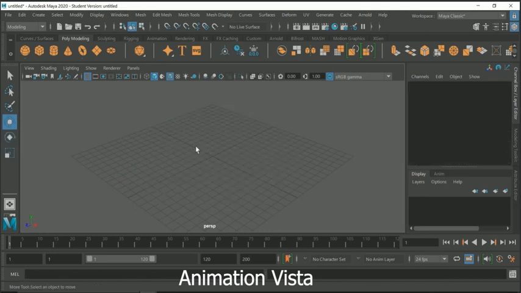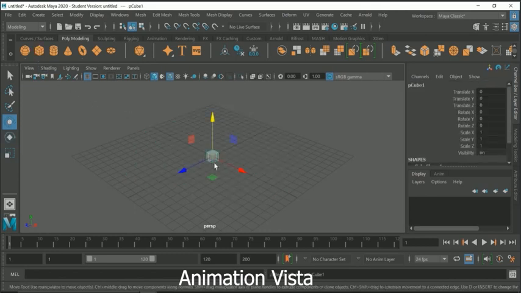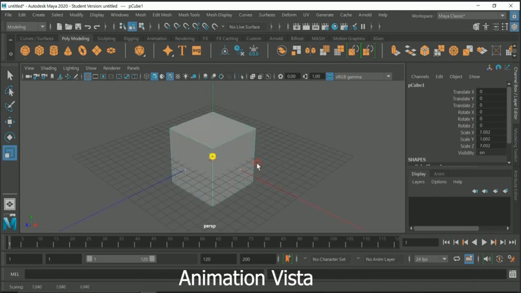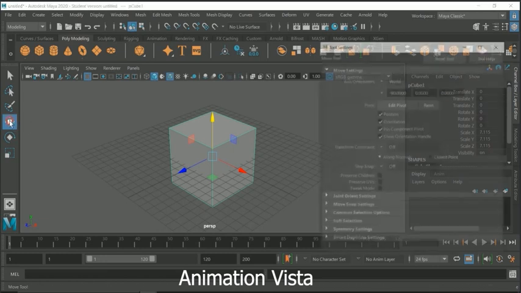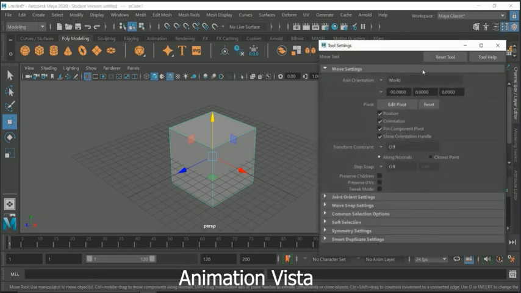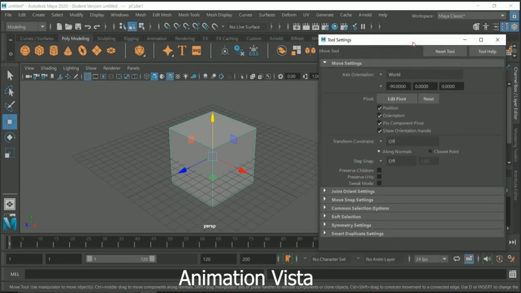First, let us create a cube and then scale it up. Now, select the Move tool to activate it and then double-click on it to open the tool settings. Here, you will notice that there is an option with the name Edit Pivot and there are 4 checkboxes below that option, out of which the first 2 are the important options that we will be needing during the manipulation